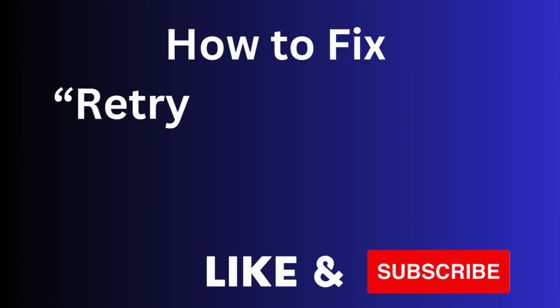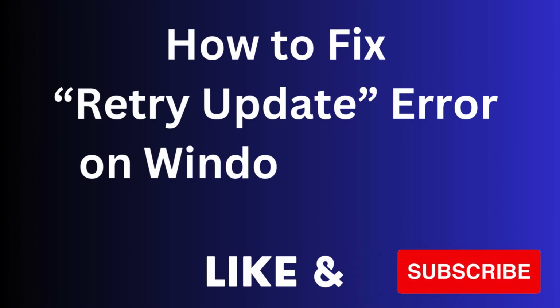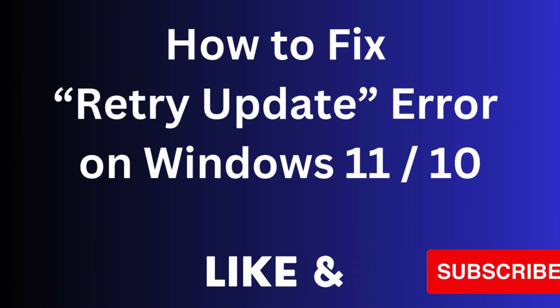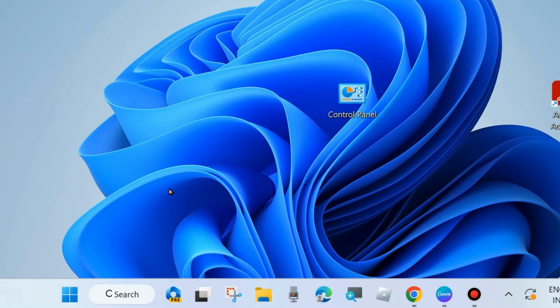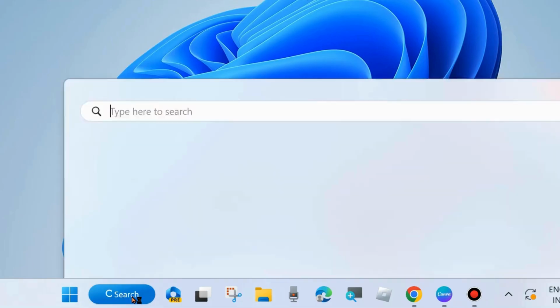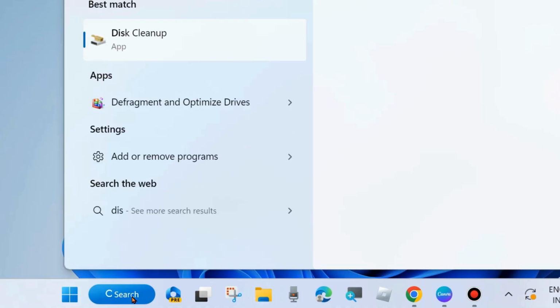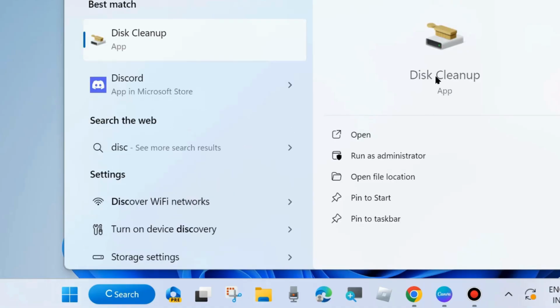Guys, in this video we will see how to fix retry update error on Windows 11 and Windows 10. If you are trying to install the latest Windows update and it failed to install, showing the error retry update, here are the fixes. The first workaround is to go to Windows search, type disk cleanup, and open disk cleanup